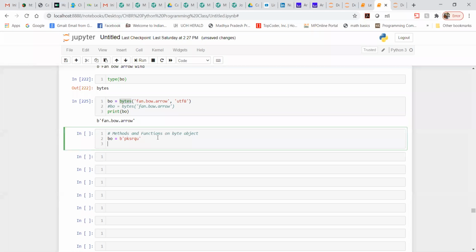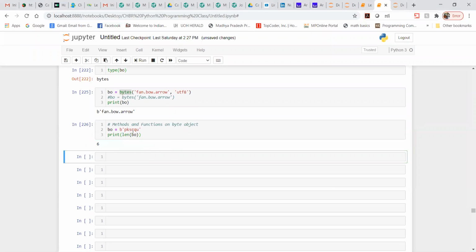Here we have my string like this. Now I wanted to print the length of my string, so I will write length and then specify bo. Guys, are you able to see my screen? Yes, perfectly fine. Now you can see the same operation we were trying to use on a string. When we used it on a string, we were not mentioning this b, because this b stands for byte, the bytes object basically. So you can see this operation is being done.